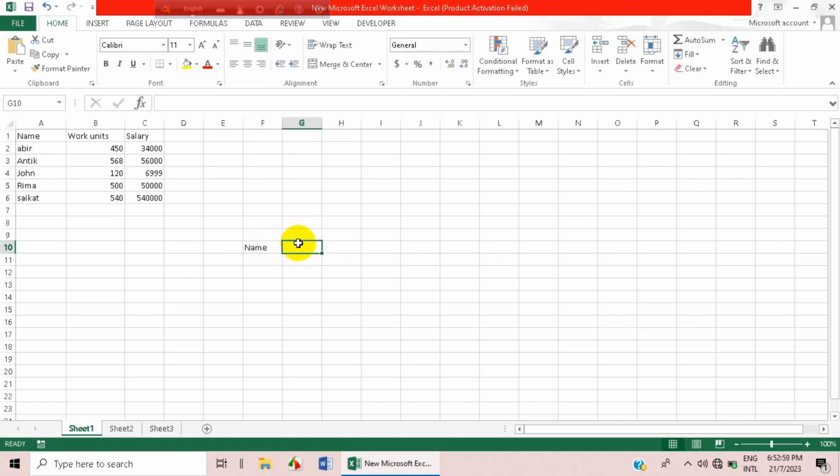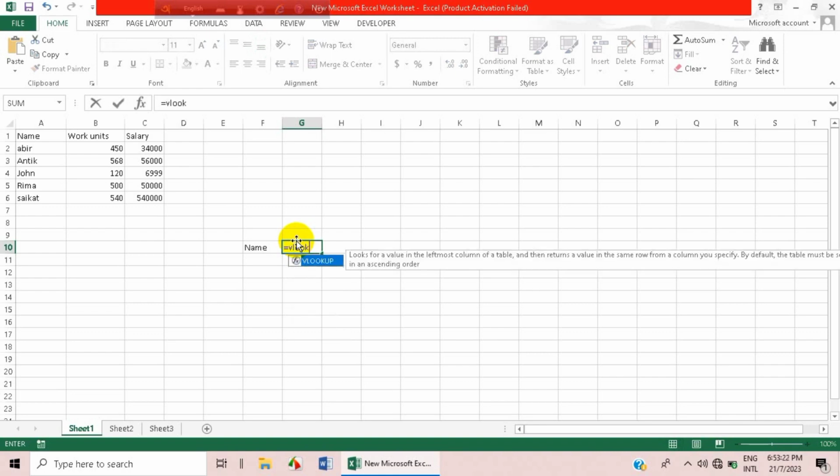So let's find out with VLOOKUP. So we will now give the VLOOKUP formula for that. So let's do it. So the VLOOKUP formula is equals to